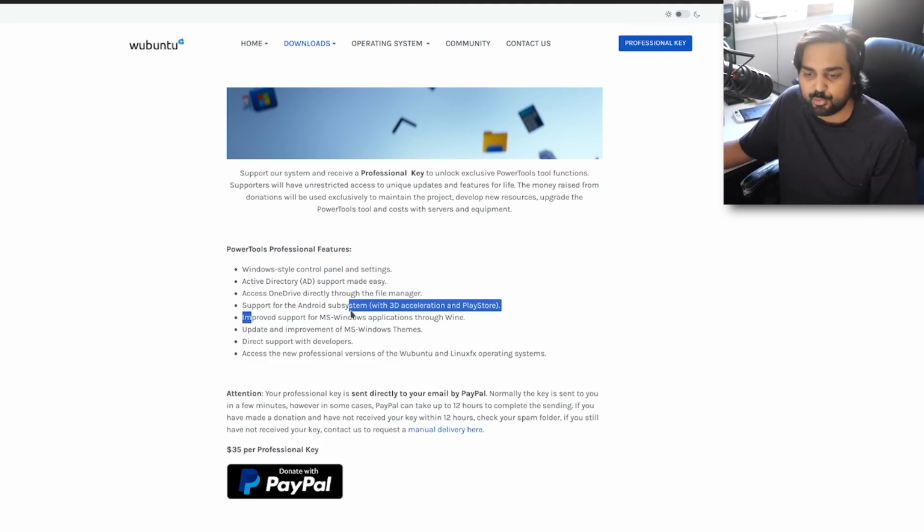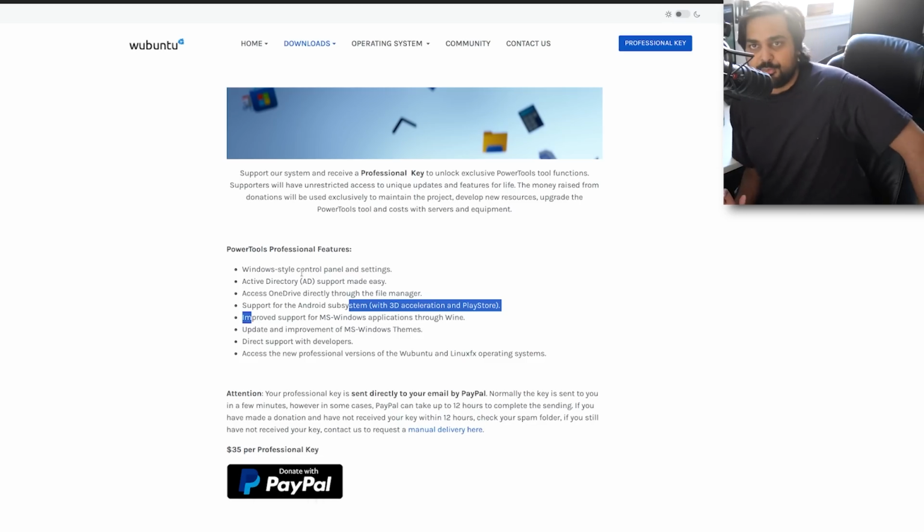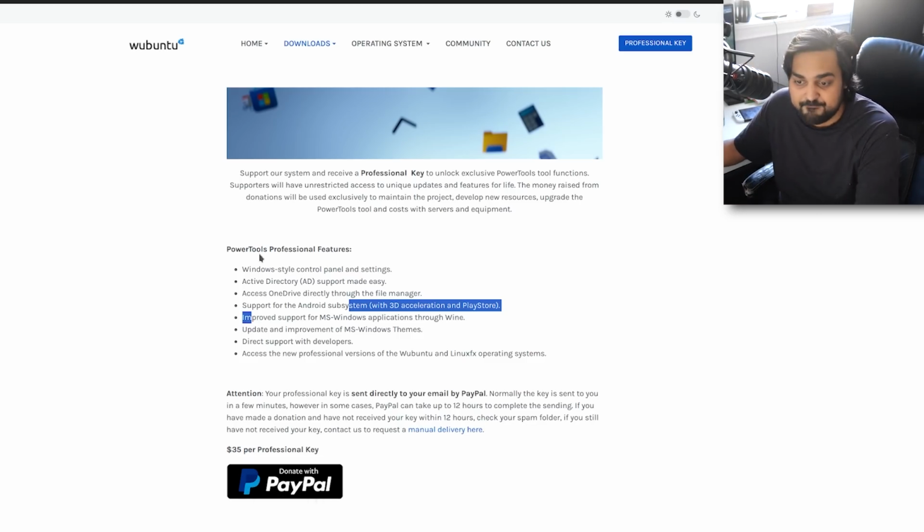So using this tool called Power Toys, they're basically making you pay for a paid version, which again is not something that you should be doing. $35 and giving money to this PayPal is not something you necessarily want to be getting into. It seems like these people have found a grift that could reasonably be successful, but ultimately still is a grift. Ladies and gentlemen, Wubuntu, in my opinion, is unsafe, and I would never ever trust it. As would most reputable tech channels also say the same on this matter.